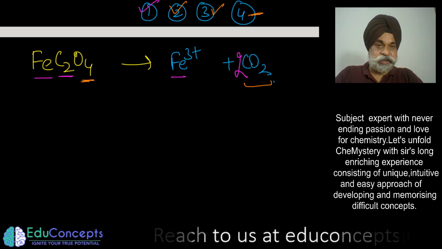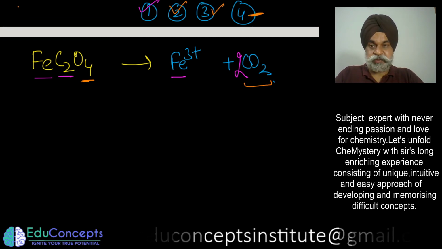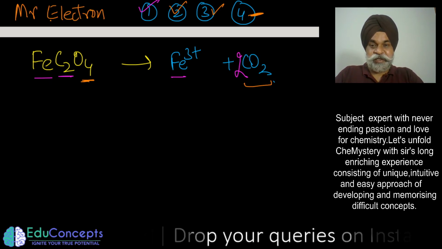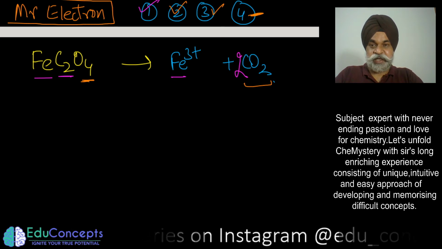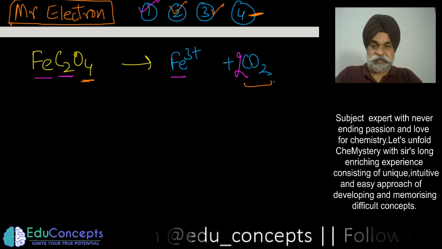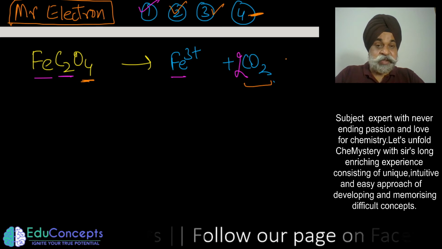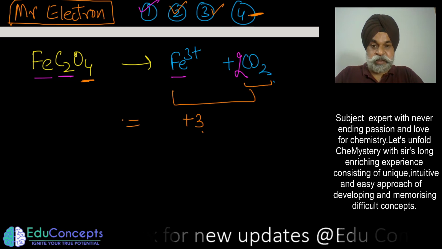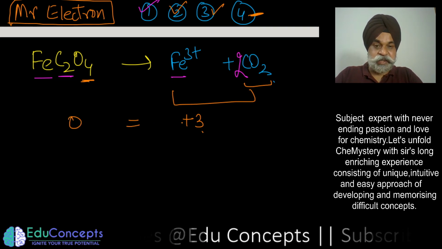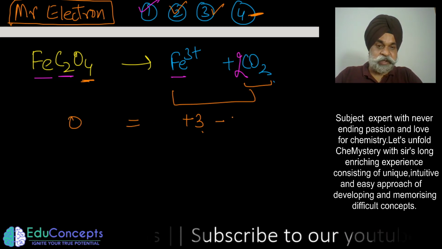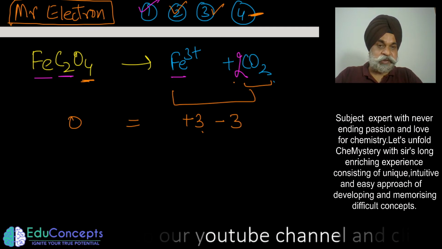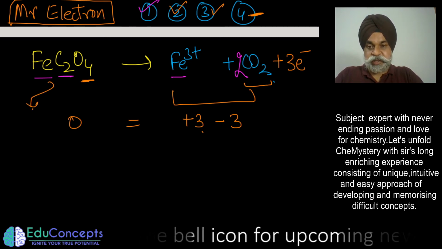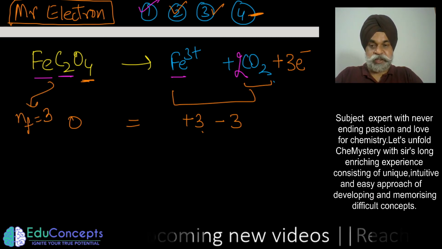The last part is the charge balancing, and charge balancing is to be done by Mr. Electron. If you could recall, I used to give a lot of regard and importance to the electron, because the whole game is of the electron. So now see what the charge here is. It is +3. Here the charge is 0. You have to balance the charge with the help of electron. So if I place 3 negative here, both become 0. So what does it mean? I have to place 3 electrons here. So here also you are able to see the N factor is coming out to be 3.